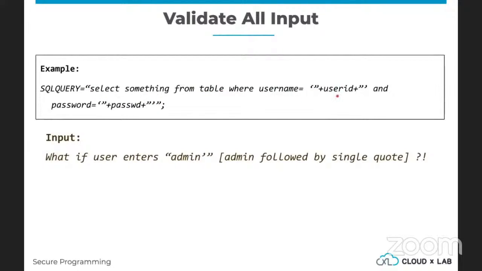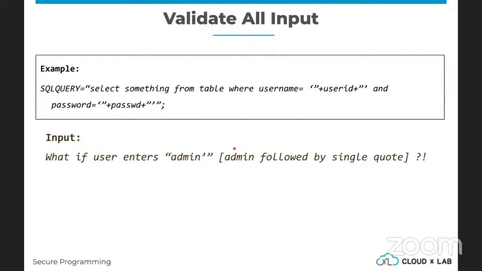Though these double quotes look really ugly, and presentation tools like Google Slides and Microsoft PowerPoint keep changing my single quote and double quote into these weird characters. So this is a single quote, this is a double quote, then single quote, then here again a single quote started, then double quote, and so on. I hope this is clear to all. Essentially, this single quote is part of the string. The string started here, ended here, and this single quote is here.